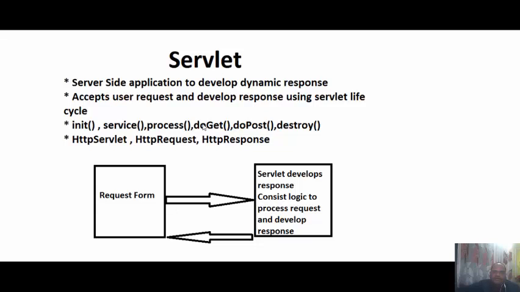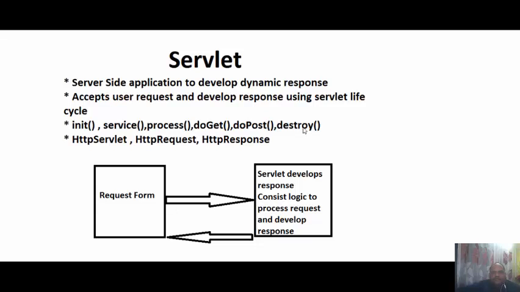Now doGet means if data is posted using the get method, then doGet will be active and process that data. doPost means the data which is posted to the server where method equals post, not get. So doGet and doPost are responsible for processing data, but as per the request, whether the method used is the get method or the post method.